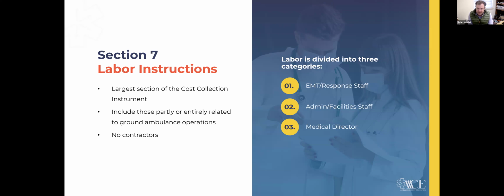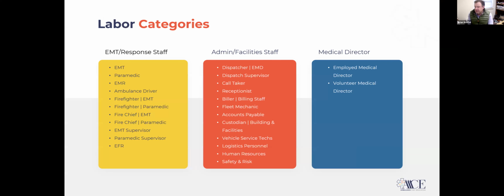And the way it works is if they qualify for the EMT or response staff category, even if 99% of what they do is administrative, you would still report them in that first category for EMT or response staff. So one good analogy is to think of this as a bucket, and you would start with the EMT response staff bucket, and then you would allocate every employee that fits into that bucket. And then you would look at the employees that are left and then move them on into administrative or facility staff. So just a list of some of the more common situations in which an individual will be characterized.